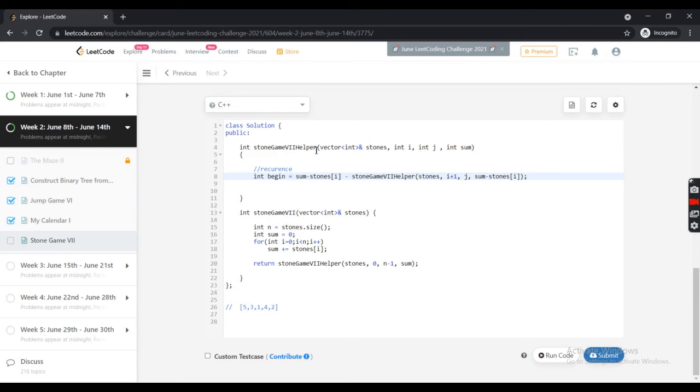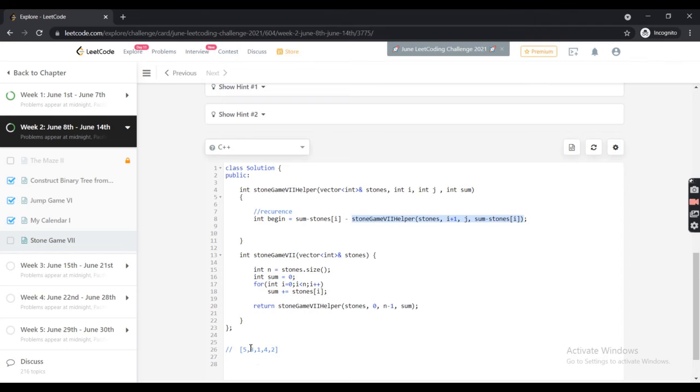So let's again view this. What's happened there is that if I kicked out the begin element, which is the 5, then the maximum profit I can get will be the overall sum from 5 to 2, minus stones of i, which is 5, so 3 plus 1 plus 4 plus 2 is the maximum sum I get, and we have to subtract the sum which is getting by the other player. So what Bob can get from this i plus 1 to j position.